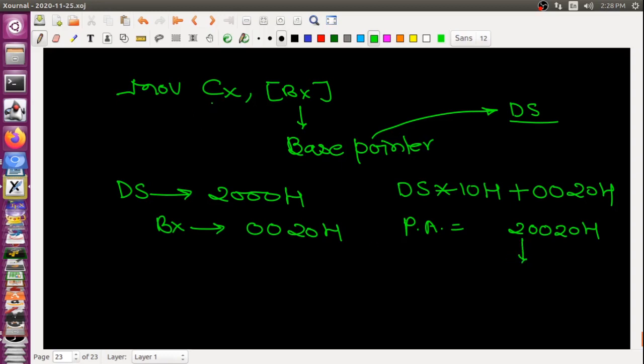Because you can see the size of this destination is 16 bit, whatever 16-bit data is available here is copied.